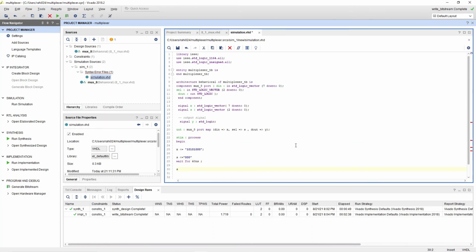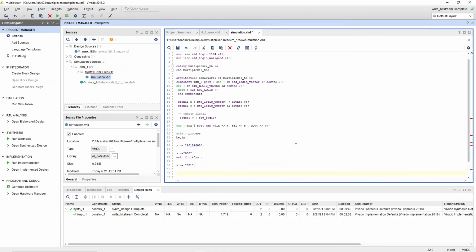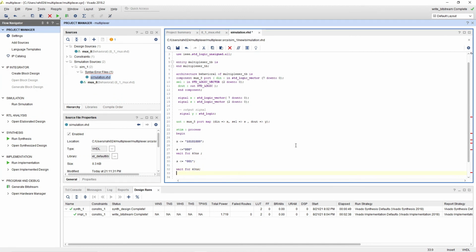Then again I gave S as 001. Then I will again wait for 40 nanoseconds. Why am I getting an error? Let me see.